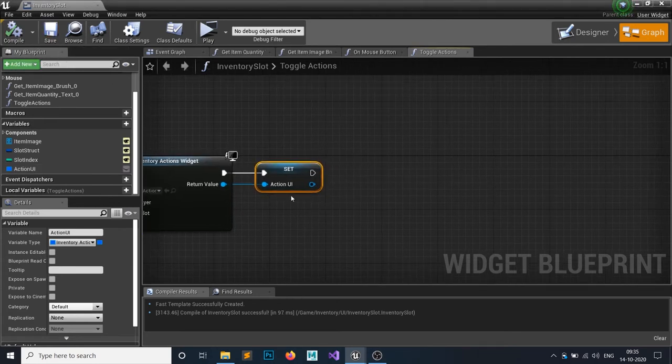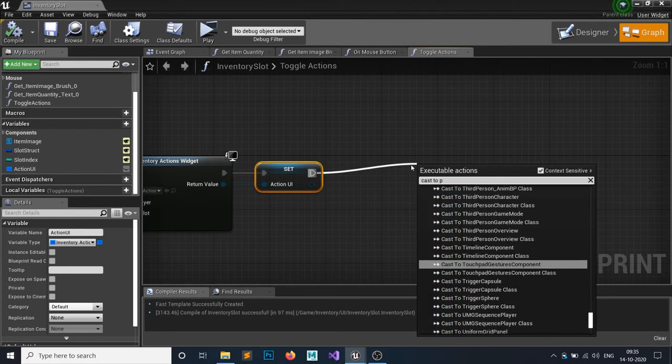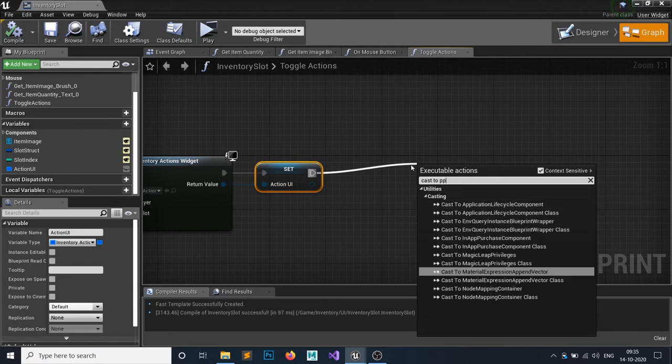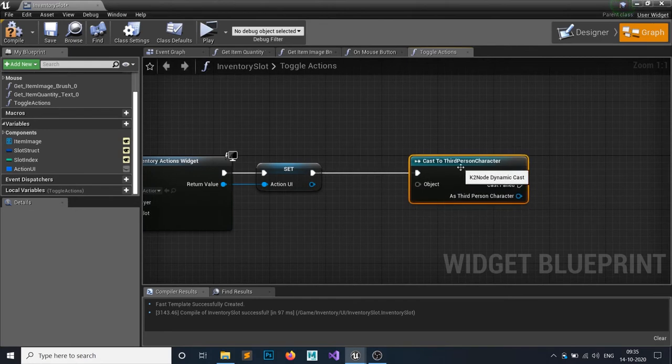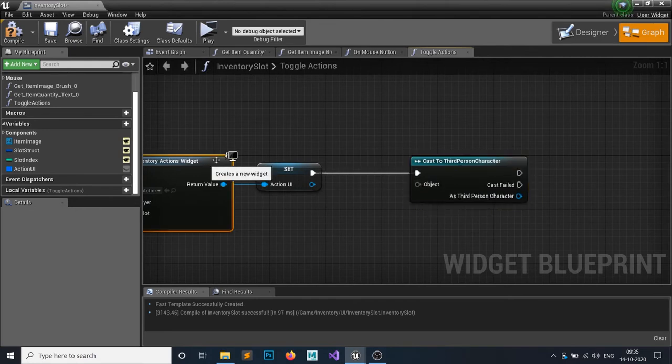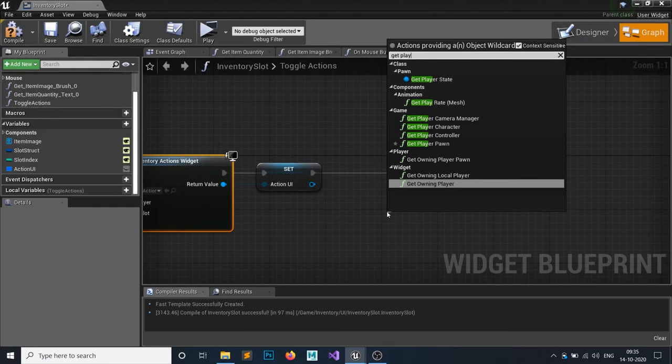After that we want to attach it to our player's slot. So how are we gonna do that? Let's cast this to our player character. You have to cast this to wherever your HUD is applied. My HUD is applied on my player character, the third person player character. This is why I am casting it to third person, because I want to use my HUD and attach this widget inside our HUD. Just get player character, this one.